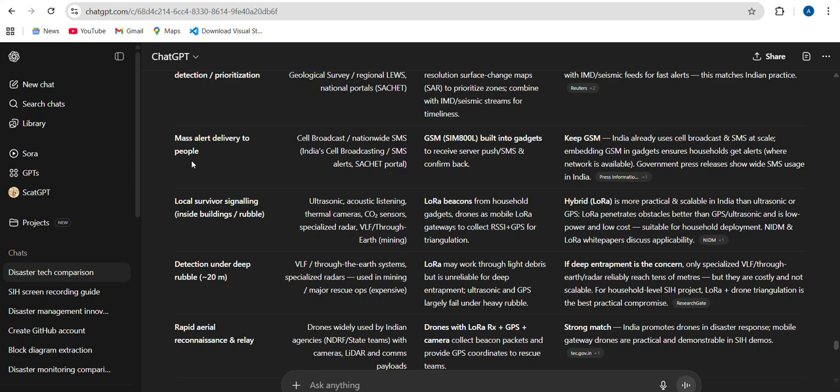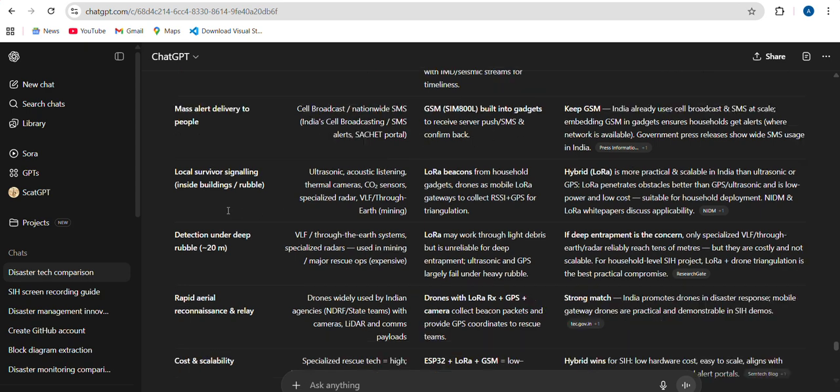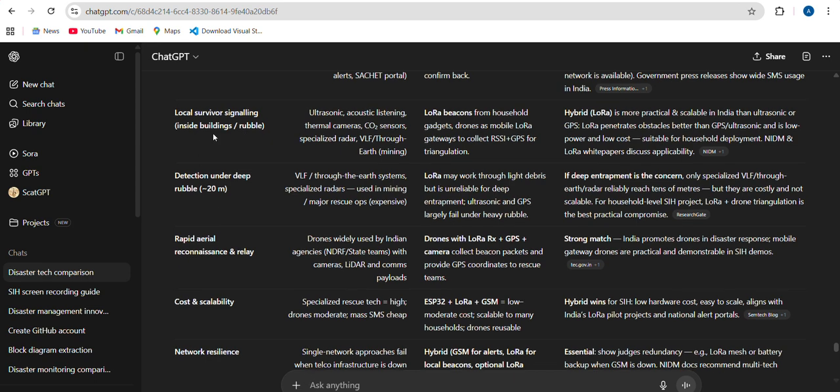Mass alert delivery to people: cell broadcast, nationwide SMS, India cell broadcasting SMS alert, the Sachet portal. We proposed a GSM SIM800L built into the gadget to receive server-push SMS and confirm back. Local survivor signaling: ultrasonic acoustic listening, thermal cameras, CO2 sensors and specialized radars